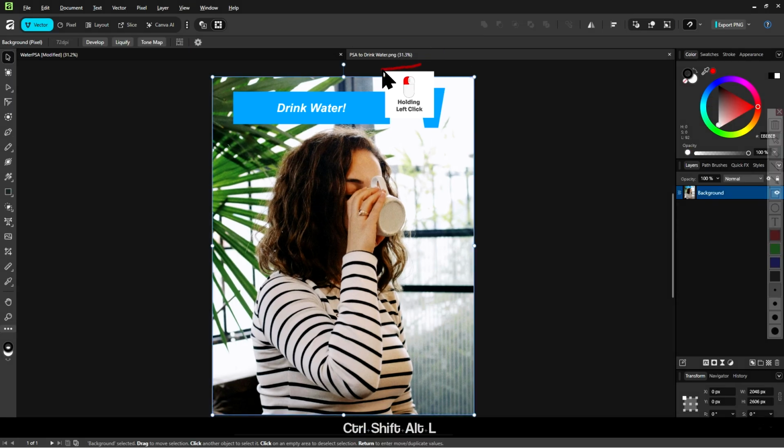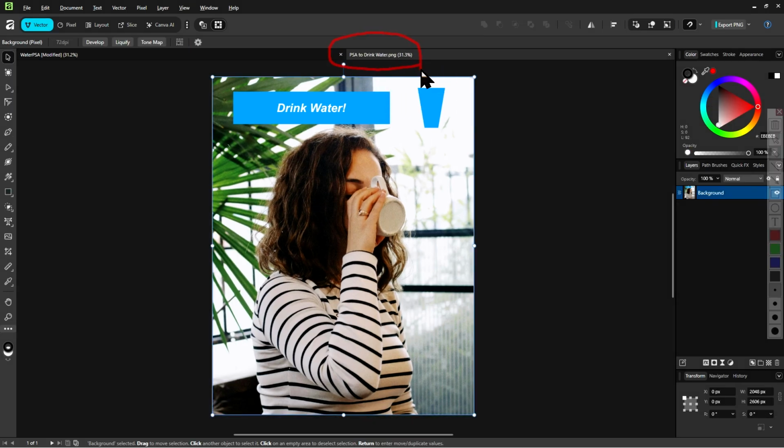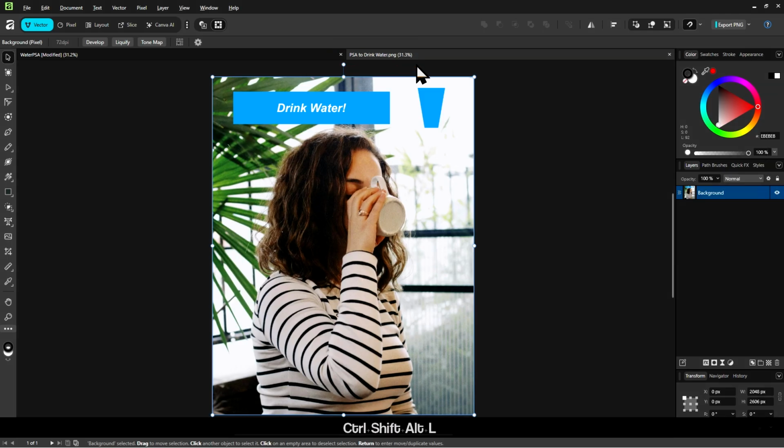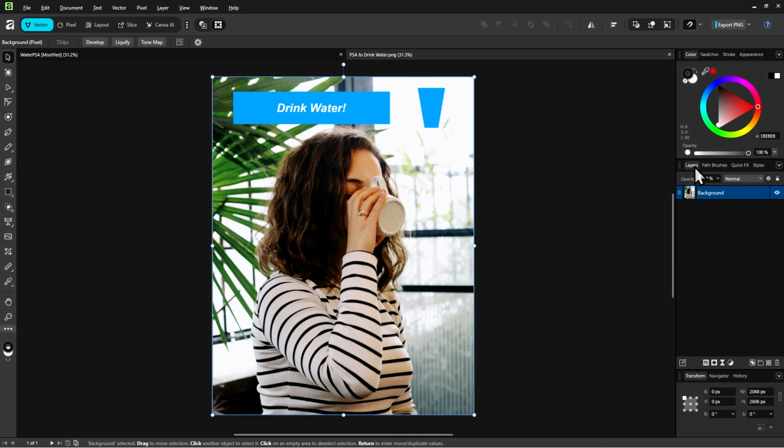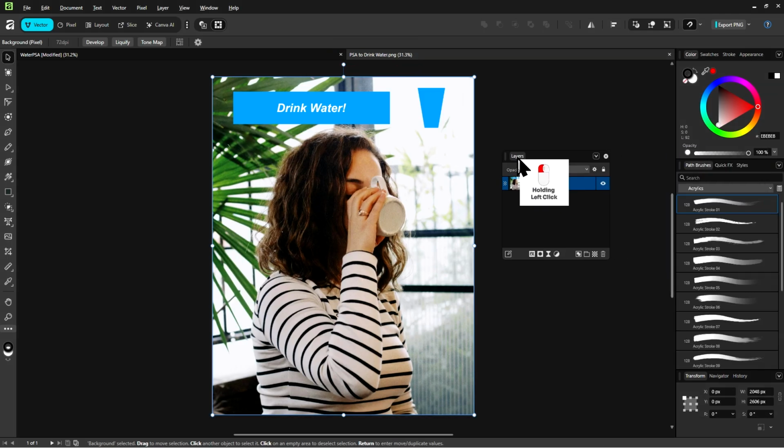So this opens up a new tab in Affinity here, which is our PNG file. And look at our layers panel. As you can see, there are no layers and no objects beside this one single flattened image. And that's what exporting does.